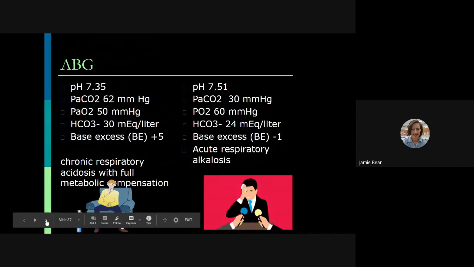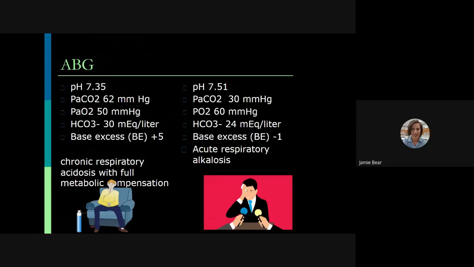Okay, we're going to look at and review some arterial blood gas samples here. So 7.35, 62, 50, and 30. This patient has a chronic respiratory acidosis with full metabolic compensation. As you can see in my picture here, he is one that is already on oxygen. So this patient is a chronic patient. This patient probably lives in these ranges. So if the patient is not in any distress, this is how the patient lives, and you don't need to